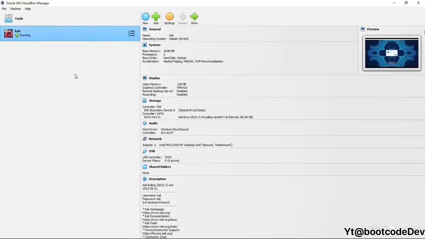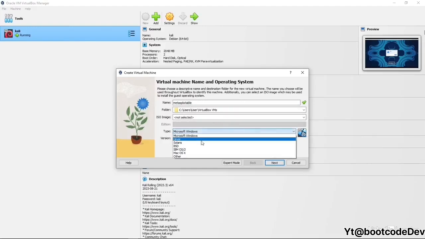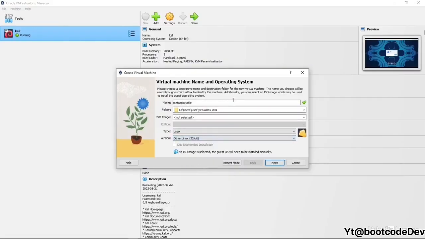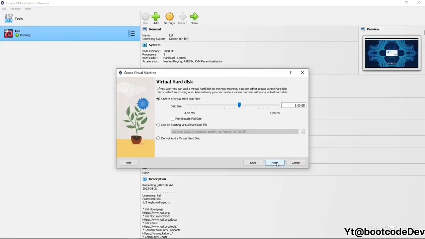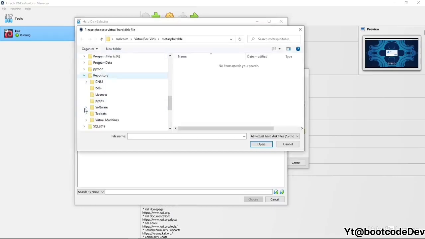The first thing we need to do is create a virtual machine by selecting the new icon, and we'll name it Metasploitable. We'll set the type to Linux and other Linux 32-bit. We won't select an ISO image. We'll select Next, and we'll leave the memory as default. Select Next, and at the hard disk screen we'll select Existing Virtual Hard Disk File, and we'll navigate to our